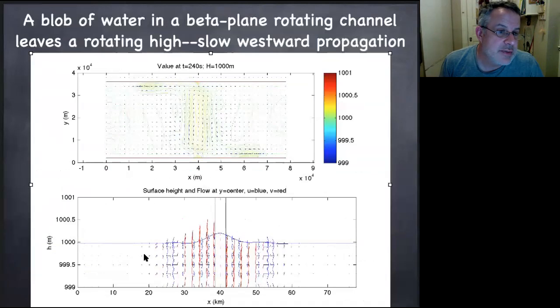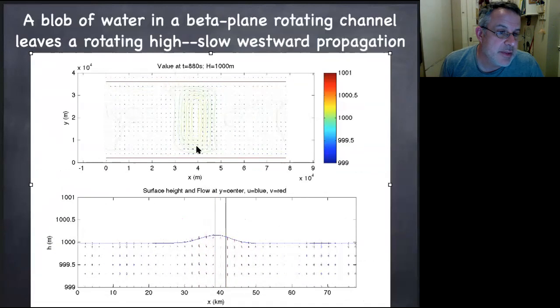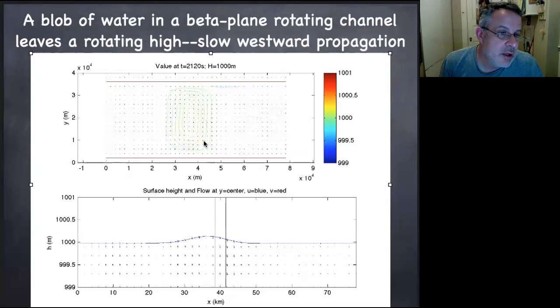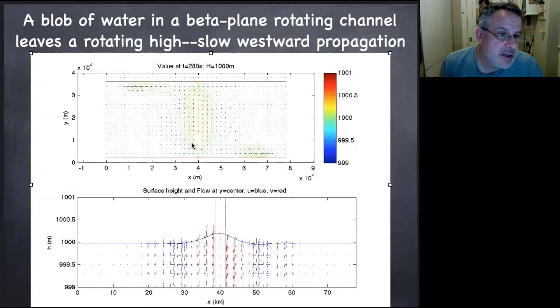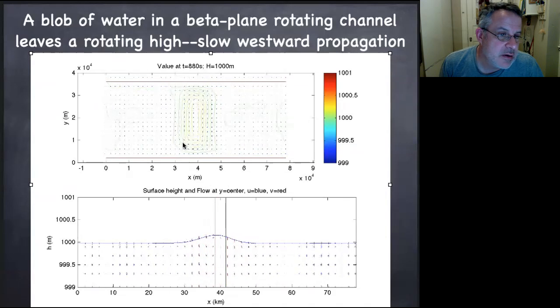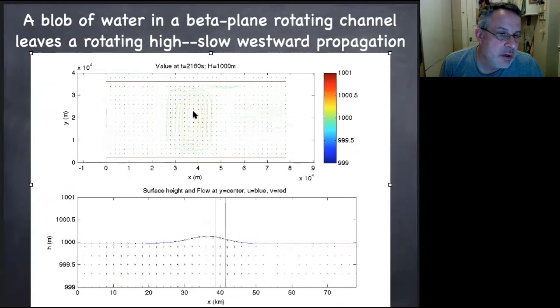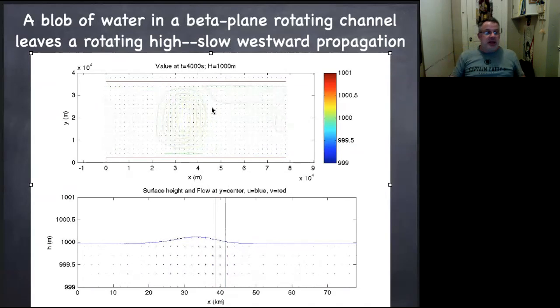So how do we think about a Rossby wave? Well, let's do that same channel, except this time we just do a blob drop. And you see after a while, you get a nice high anticyclone pattern. Cool. And the anticyclone is drifting very, very slowly to the west. North here is up. And it's drifting slowly, slowly to the west, because this is not just an F plane channel, this is a beta plane channel. So that beta that's in the dispersion relation is non-zero.